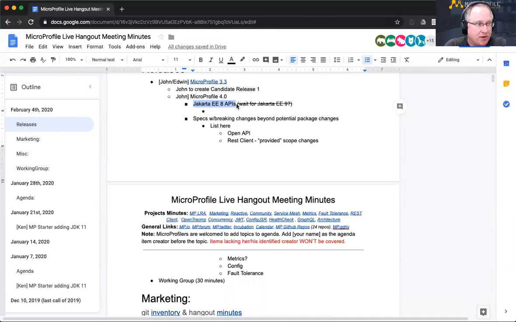One to adopt the Jakarta APIs, Jakarta EE8 most likely, and then probably not too long after that, a release that would support Jakarta EE9. I don't know if we need to cover that right now, but it is more food for thought for the Google group chat.